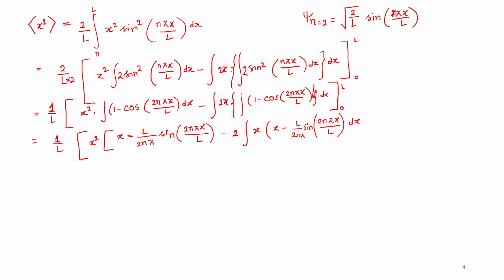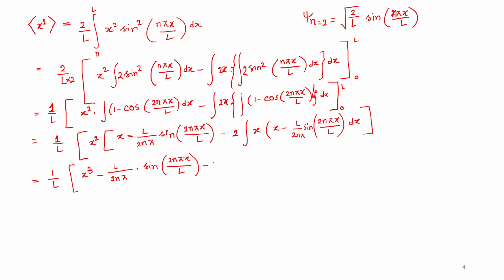Okay, and the last dx still holds. X square. Now it will become x cube minus L by 2n pi into sine 2n pi x by L